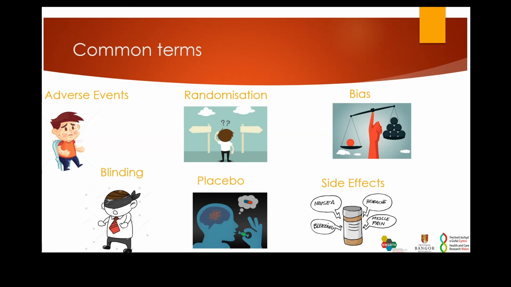Bias in clinical trials is a systematic error caused during the design or the running of the trial, and it has an impact on the results and it essentially makes the results unreliable. So there are many different types of bias in trials and many different ways to minimize them. Because of the impact on the results and conclusions, the researchers and investigators should always pay particular attention to bias and try to minimize it wherever possible.